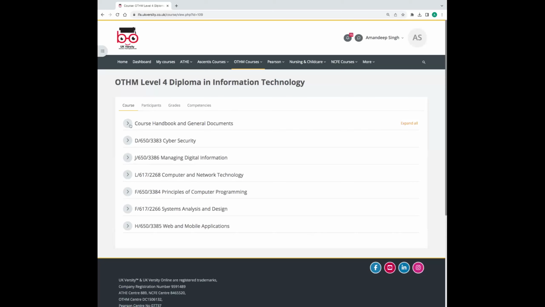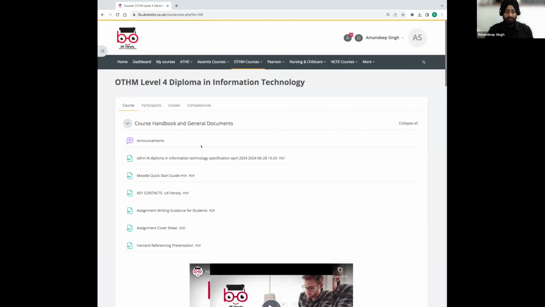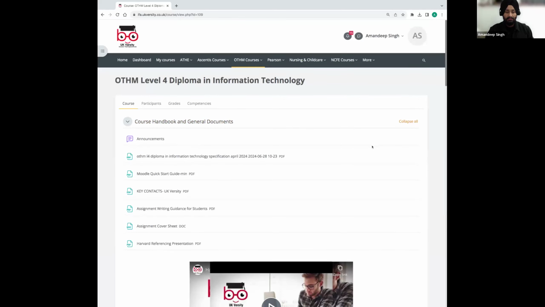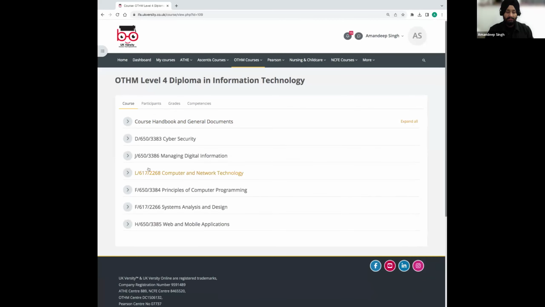All right, looking at what you can see on the screen, the interface will look like this. However, I request my learners to click on this button that says Collapse all. If I click on that, it will collapse everything and give you a good synopsis and overview of everything that you have to do. As you can see here, there are 6 modules. This is something you should keep in mind, as it also relaxes the learners. Once they know that these are the only 6 assignments that they have to do and level 4 is sorted, it gives them a good motivation kick in the starting itself, and it sets a